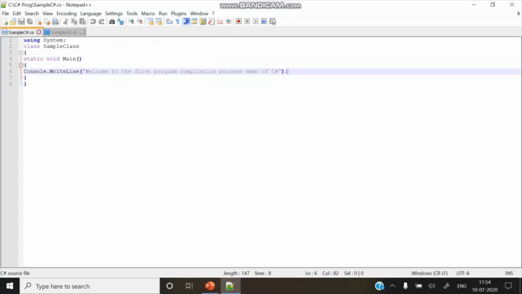Do you know where the compilers of VB and C sharp exist? For writing this simple first program, you do not need any IDE. You might think that you require Visual Studio for compiling this simple program, but you do not. You just require Notepad++ or any text editor, and your compiler exists in, if you check the C drive,